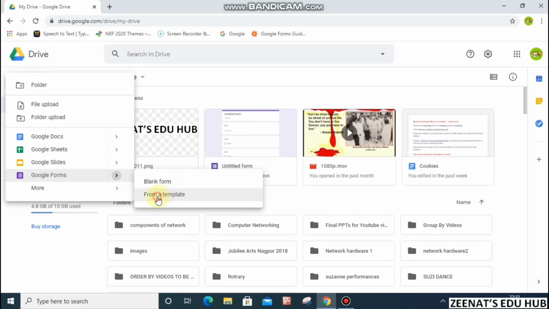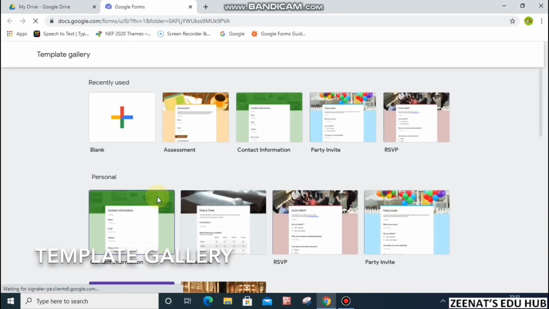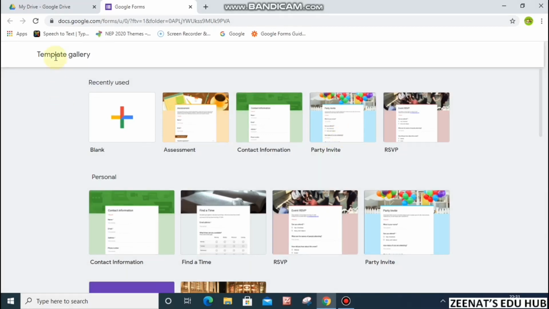Whereas from a template, we can create forms using various templates available in the gallery, like assessment, contact information, party invite, etc. Basically, templates are ready-made or predefined forms available in the gallery, which we can use to customize the form as per our requirement. For better understanding, we'll create a new form from scratch.